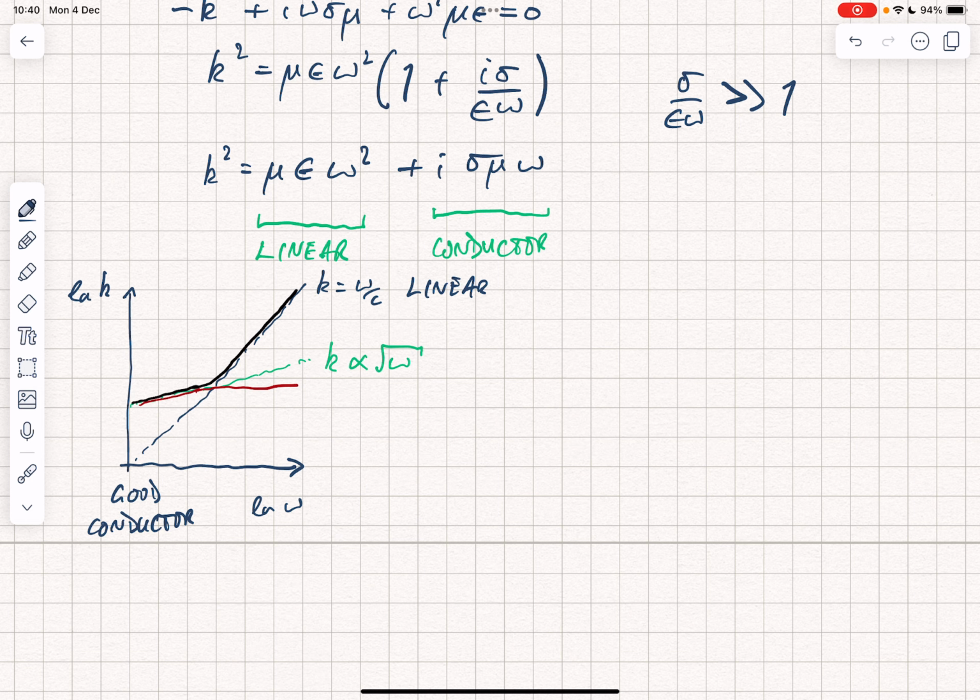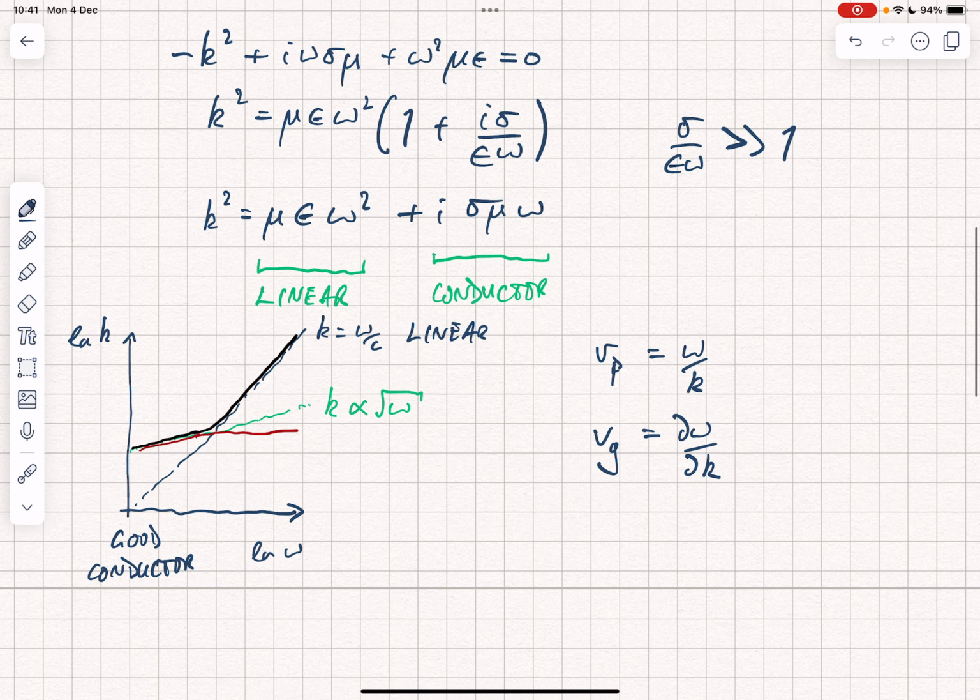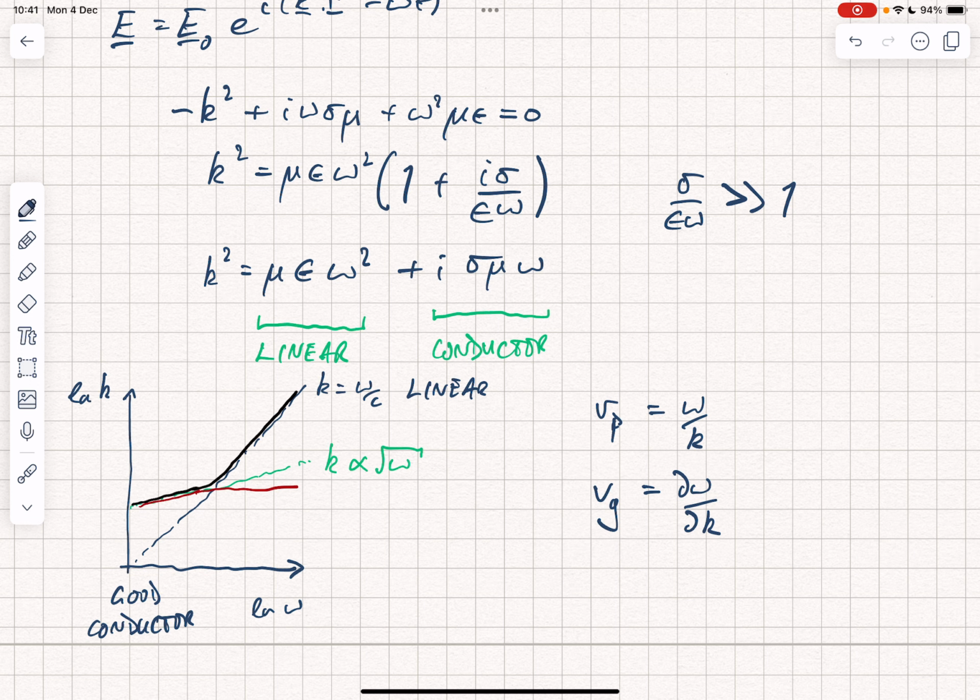One more thing just to mention is that we define different velocities for waves. So the phase velocity Vp is equal to omega over k. The group velocity Vg is equal to d omega by dk. And we'll think about those at least briefly when we consider the properties of conductors more. And when you discover that they're not the same, then that's a clue that you've got dispersion, which is a change away from the linear relationship between k and omega. In the second of these videos, I'll look a little bit more at what happens with good